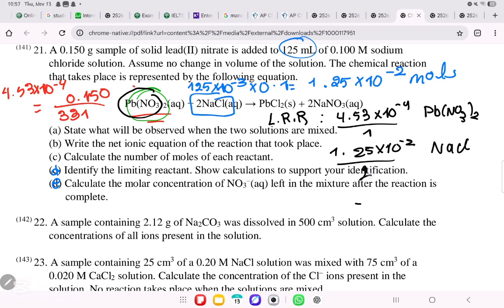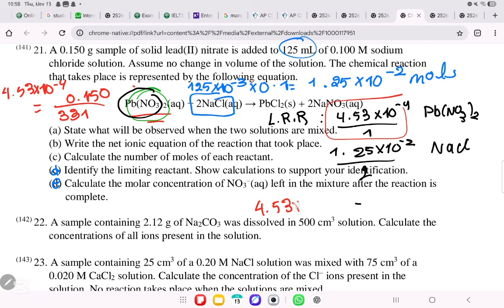Divided by 2. Now, I think in the answer key, they solved it wrong, okay? Because they put the number of moles of NaCl to be 1.25 times 10 to the power of minus 4. No, it's 1.25 times 10 to the minus 2. We solved it, we calculated it. So they did a mistake, okay? So here, we will get